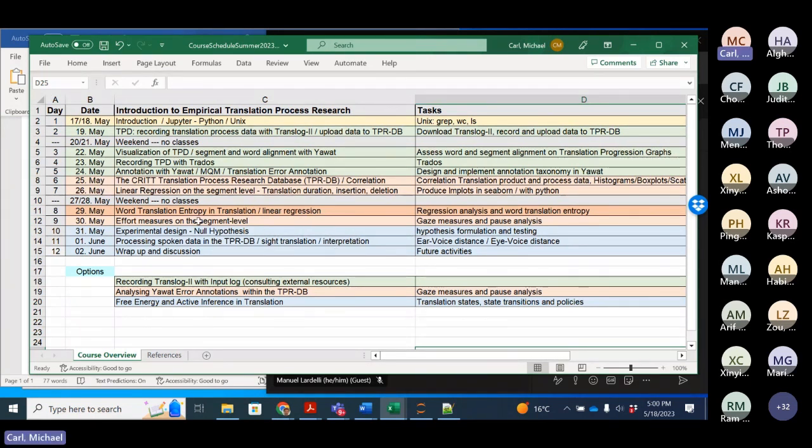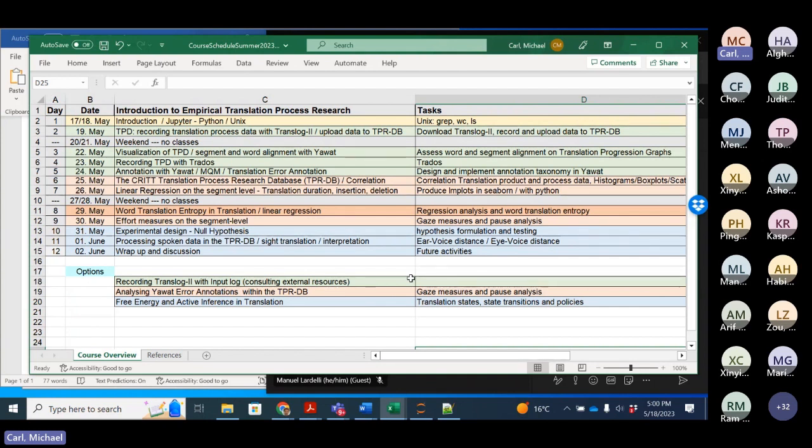And then, well, what all this boils down to, I think, is relations between effort and effect. So I think what this translation process research very much does is to investigate the effort. In what does effort consist? What is difficult for translators? Where do they spend effort, and so on?